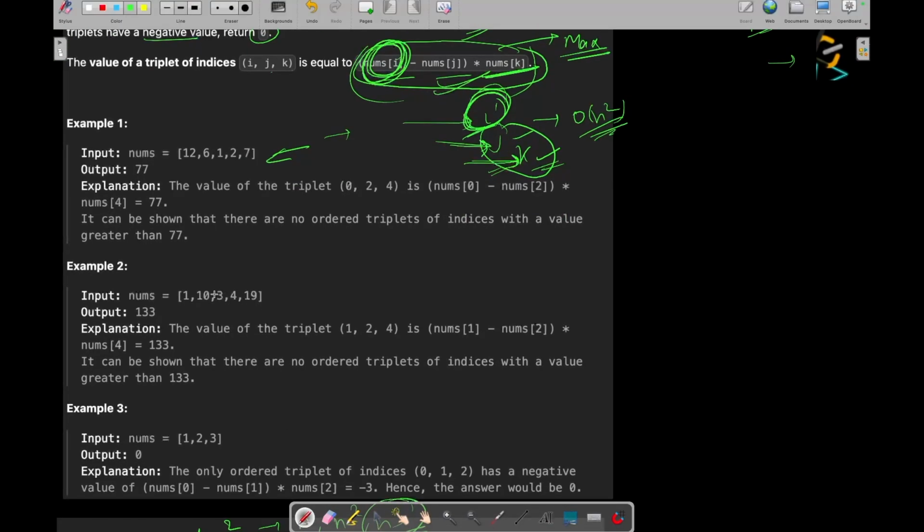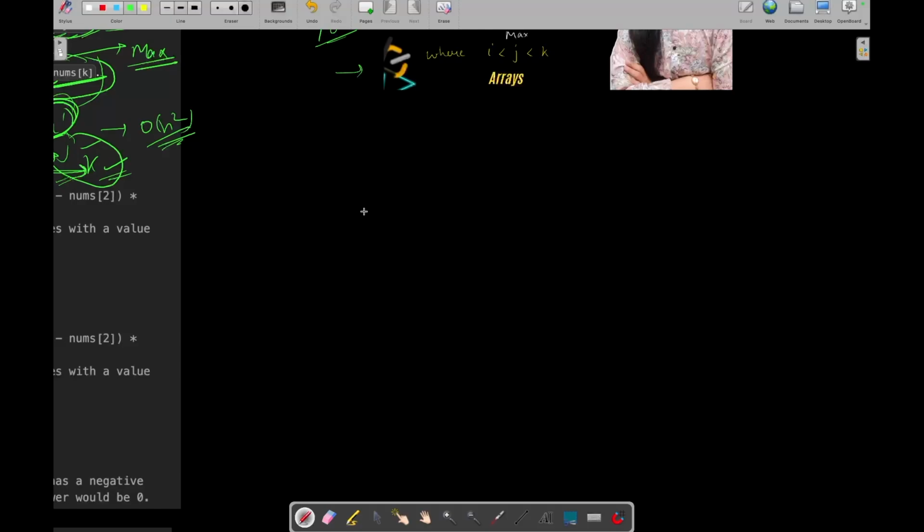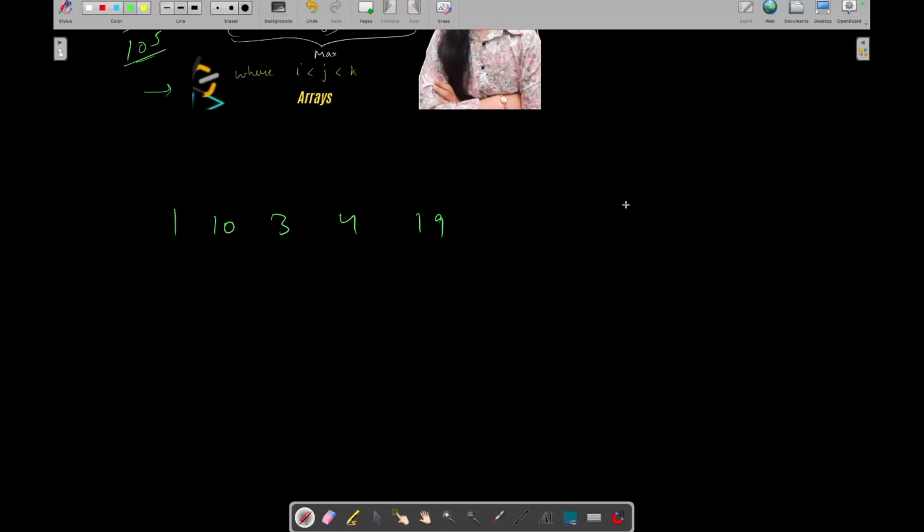So let's take this example: 1, 10, 3, 4, 19. There should be 3 indices i, j and k, right? So can we fix j? You can see that i occurs on the left of j and k occurs on the right of j.